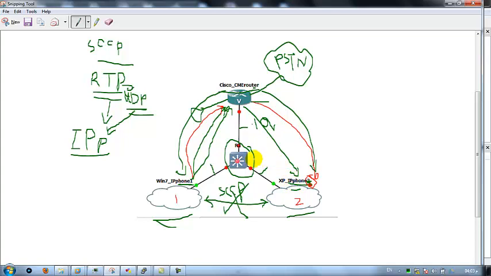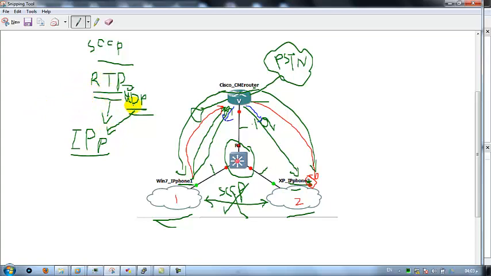After phone 2 picks up the handset, the CME will inform the 2 IP phones. Let's use another color here, like blue. After that, the CME router will tell the 2 IP phones about the settings on the other, and instruct them to